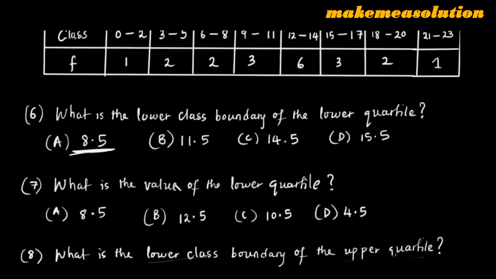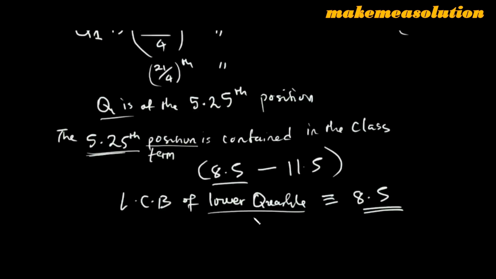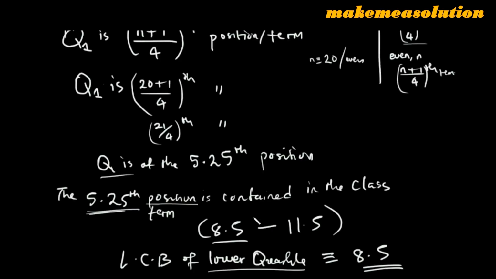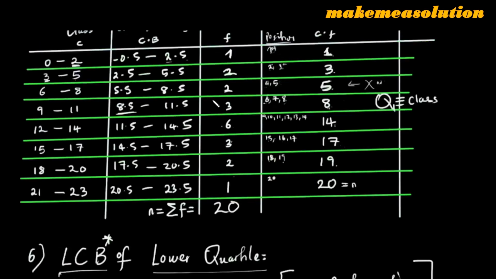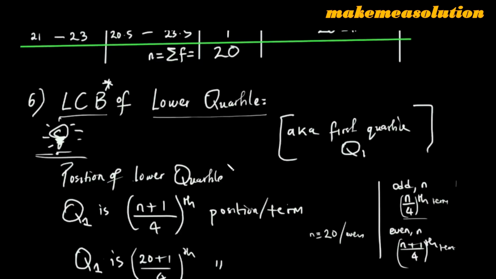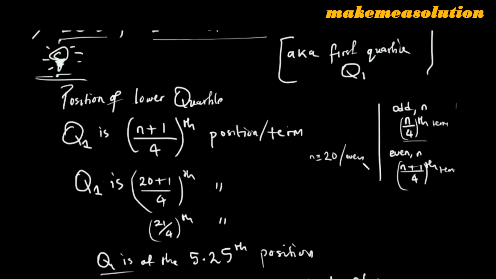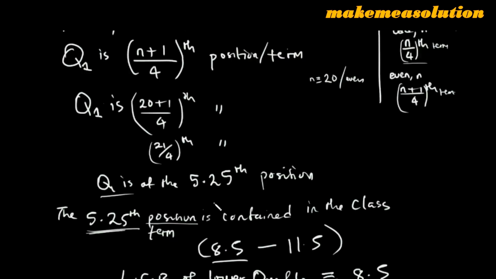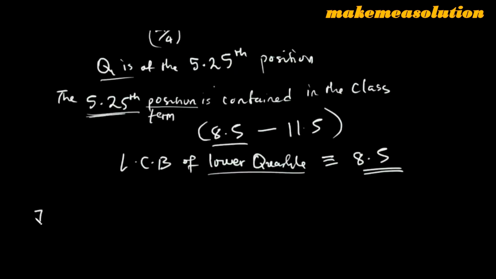So let's proceed to finding the value of the lower quartile itself. So I hope we are still together. So let's find the value of the lower quartile. Remember, all I was just trying to explain to you is how to use this particular formula and blend it with cumulative frequency so that you can determine the position of any particular quartile you want. You want to make sure that you know the class that the lower quartile belongs to. Now, this value that we found, 5.25, is not the lower quartile. It is just the position of the lower quartile. If you now want to find the lower quartile